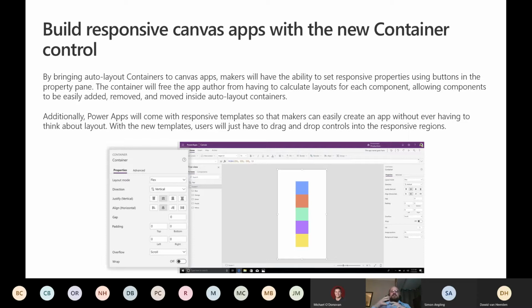There's a lot of calculations that you need to do when you're going to lay out your controls and your items on your screen. But using these new container controls, these are templates that have already been designed to be responsive. So all that means is you're going to drag and drop the controls into those containers, and it's going to auto lay out the screen for you on your behalf.